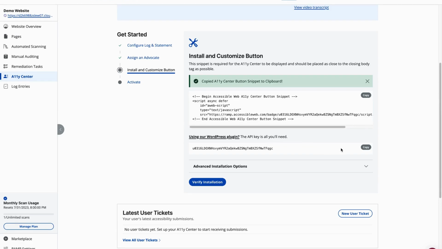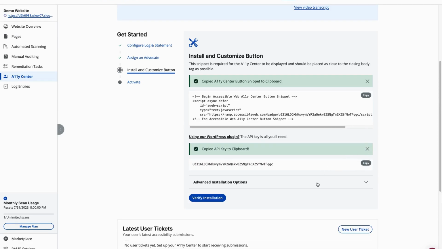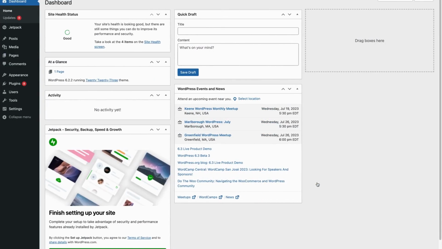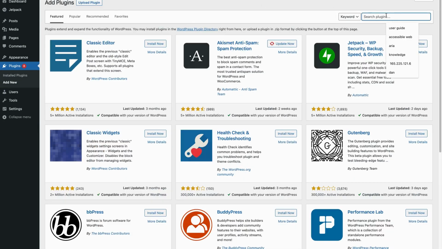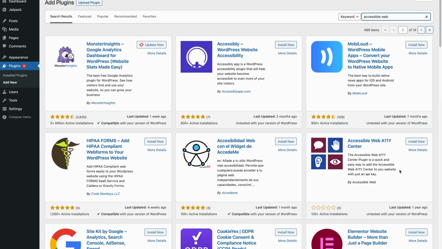I like to copy this API key just in case, and then we head on over to the WordPress admin area. In the WordPress admin suite, you'll go to the plugins section and then add new. In the plugins library, search for Accessible Web or Accessible Web Ally Center. There should be a plugin entitled Accessible Web Ally Center. We'll click Install Now on it,